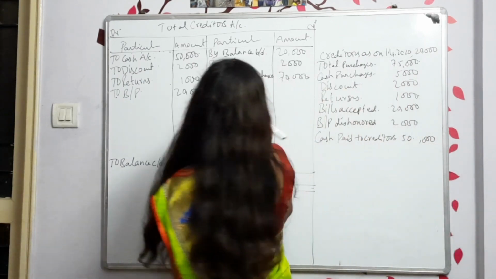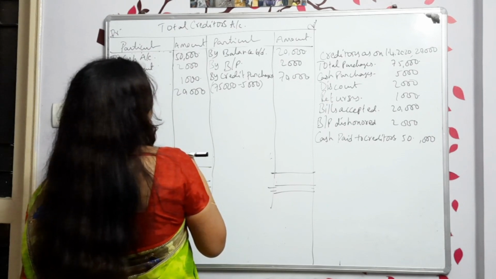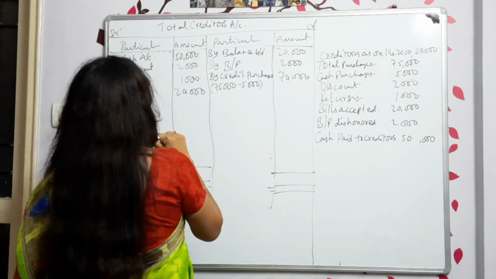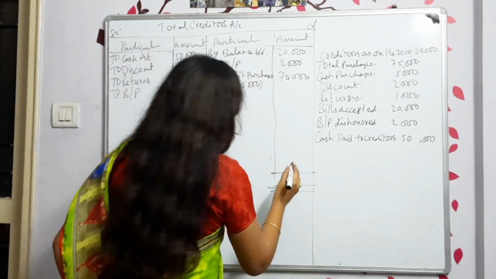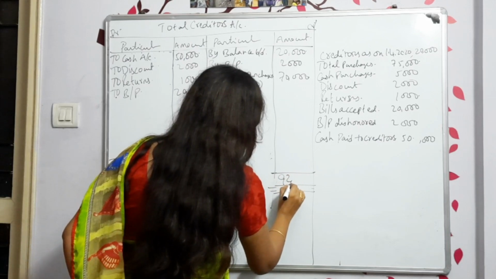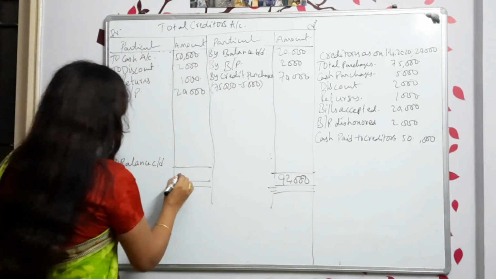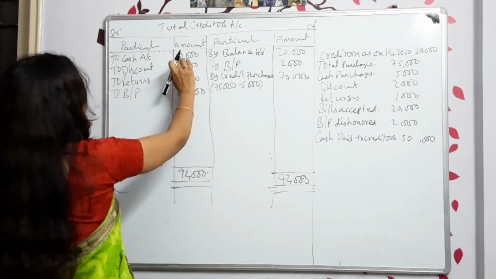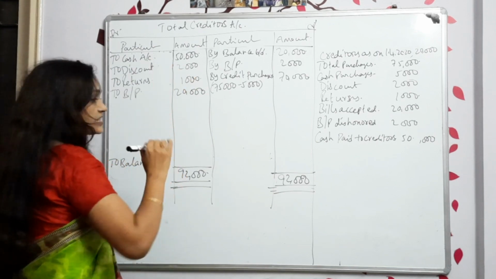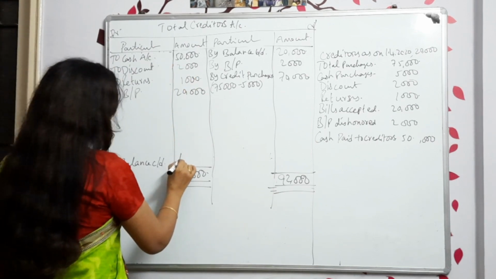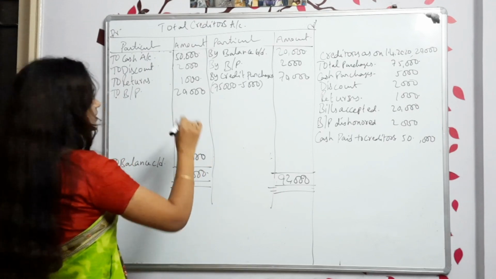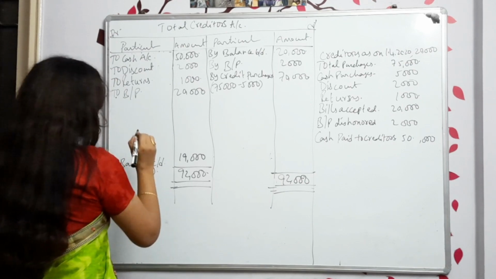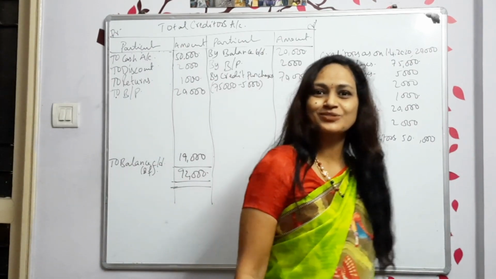Now let us do the total. This side you can see is more. I think the credit side is more. What is the total? 92,000, and here it is 92,000. Now the debit side total: 50, 20, 70, 73,000 is the total. So now the balance is 19,000. This is the balancing figure. Hope you understood this one, right?